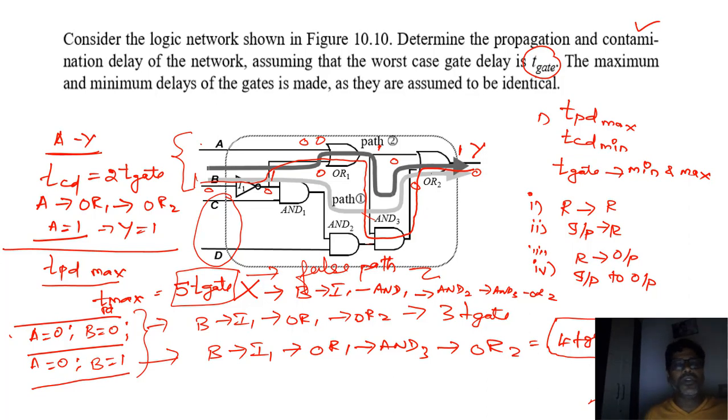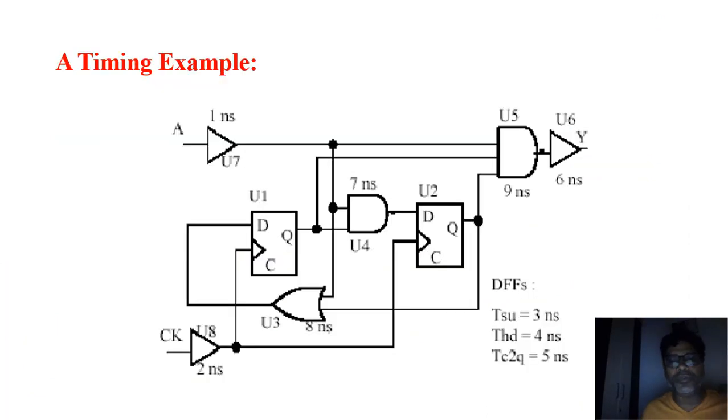And one more thing you could notice in this particular problem is that it actually has a redundancy. Signals C and D don't have any dependency on the output. In fact, you can write the Boolean expression, and if you simplify, you can even simplify this particular circuit. That's what we have seen here. Okay, now let's move to the next problem.